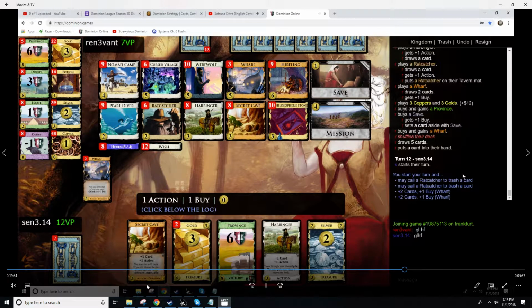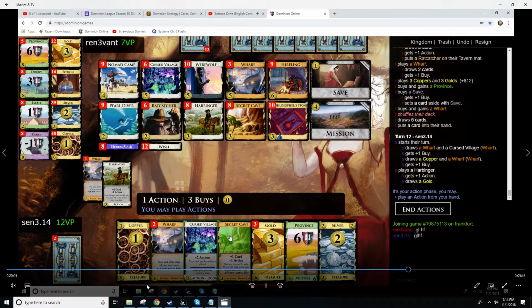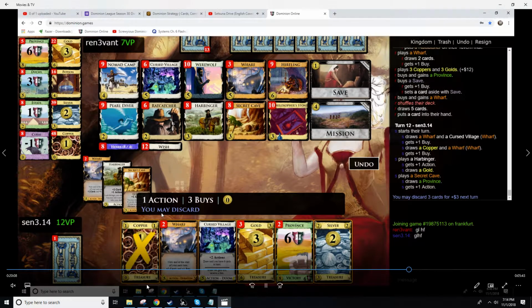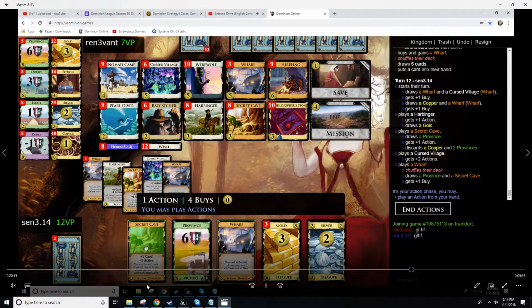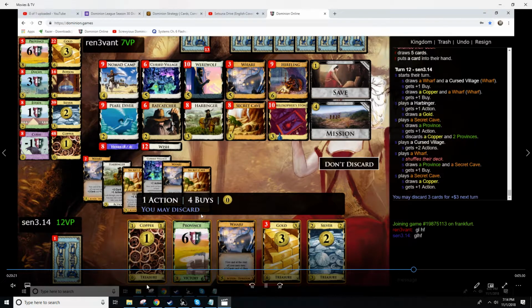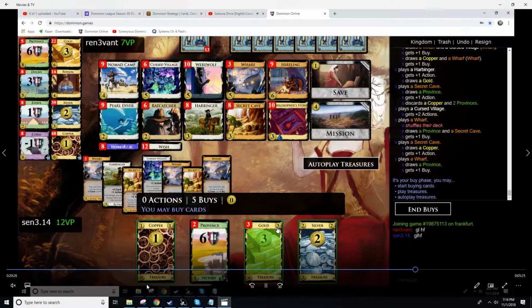I'm thinking about calling Ratcatchers, trashing this Harbinger for no reason, and decide not to. It's not doing any harm. It's not doing any good, but it's not doing any harm either. Again, the purpose of the Harbinger was just to get my lamp off. So I can play the Secret Cave, and if I discard...